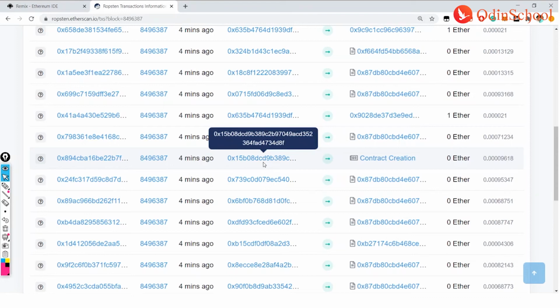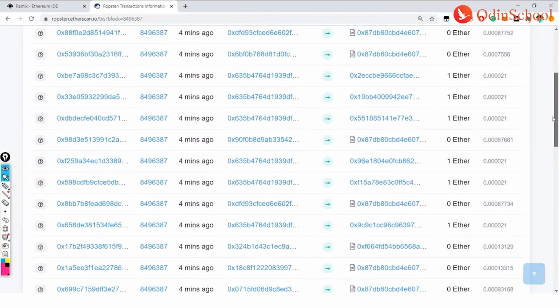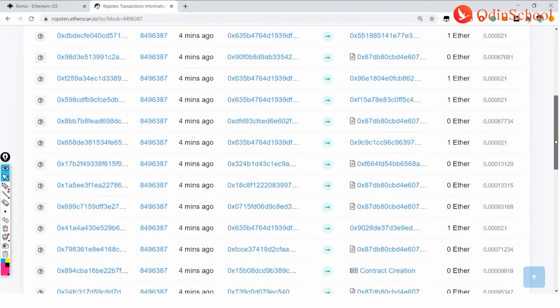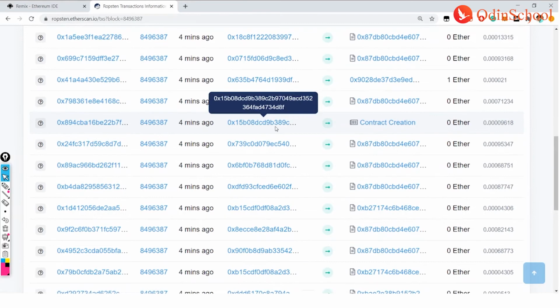If you remember, when I was explaining the Ethereum concept, I said very clearly that Ethereum supports both transactions as well as smart contracts. Now if you look here, these are not your transactions, these are somebody else's transactions. Along with various transactions, your smart contract has also been deployed. That is your contract creation. I want to show that here in this respective thing which I am trying to explain.